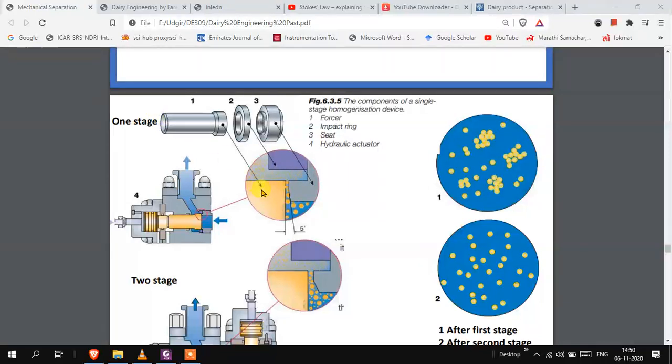So this is the one stage. This one depicts a wall seat, and 3 is a seat, 2 is the impact ring, and 1 is the forcer. This one is the forcer, 2 is the impact ring, and the third one is the seat, and this 4 one is the hydraulic actuator. तो ये प्रेशर जनरेट करने के लिए काम में आता है।